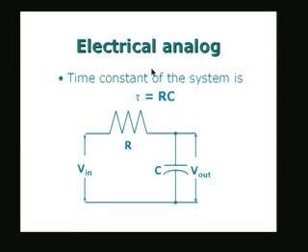slide, I am showing the electrical analog of the same situation. The time constant of the system is RC, where R is the resistance and C is the capacitance, and suppose I connect the resistance and capacitance like this. I input a voltage V in, this is like the T infinity, and the output voltage V out is the response of the system. So, RC in series like this, and I am putting the input as I showed here. This input may be either constant or varying with respect to time, and then the output is going to appear across the object, which is the